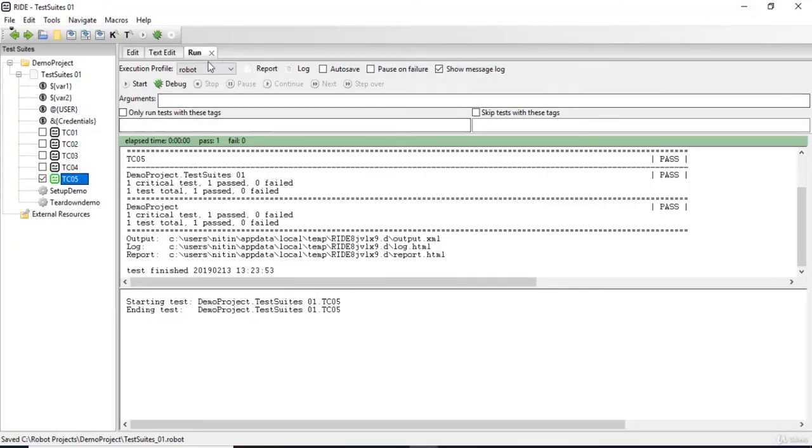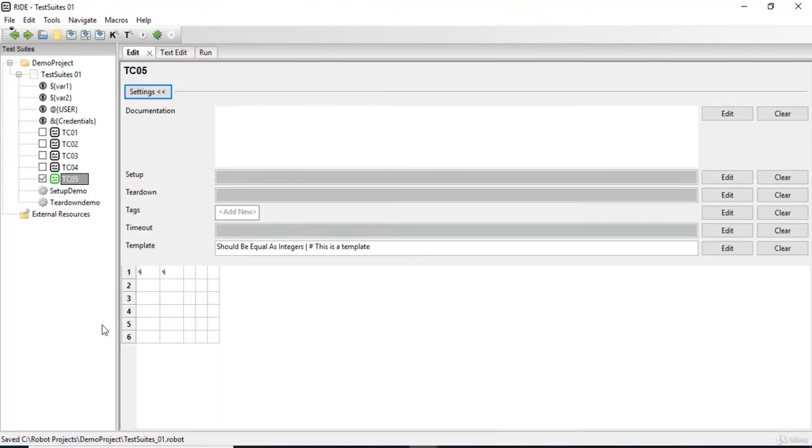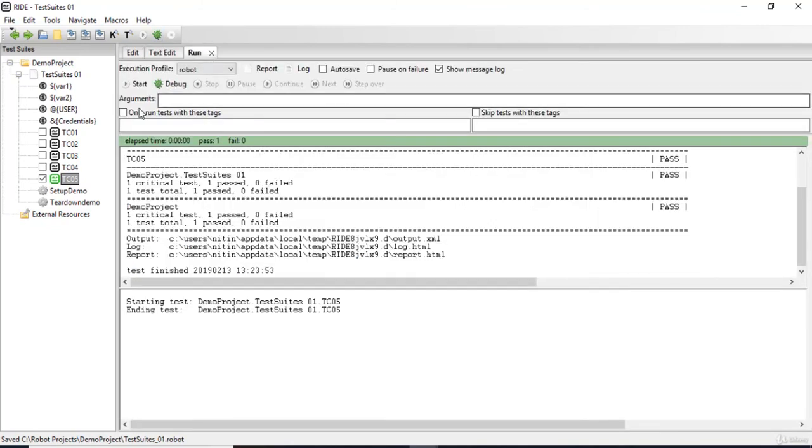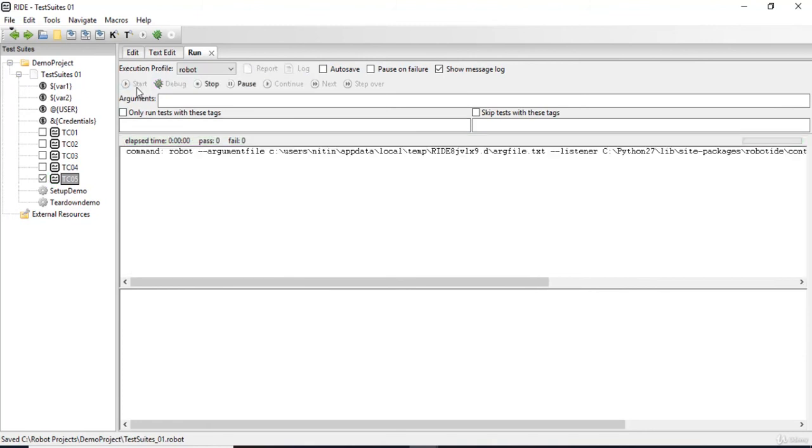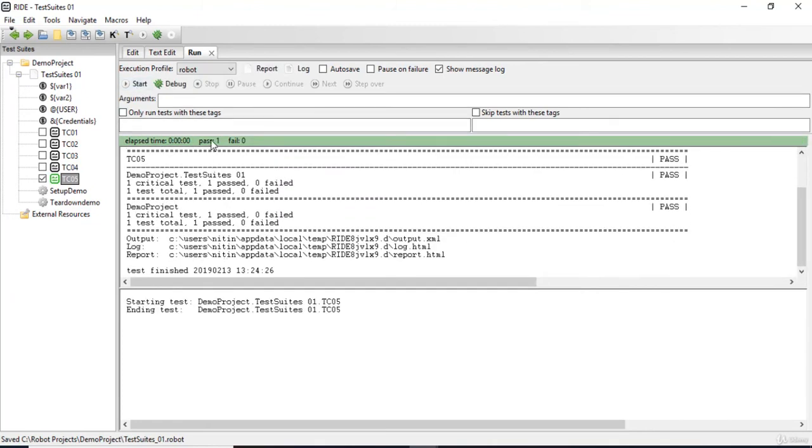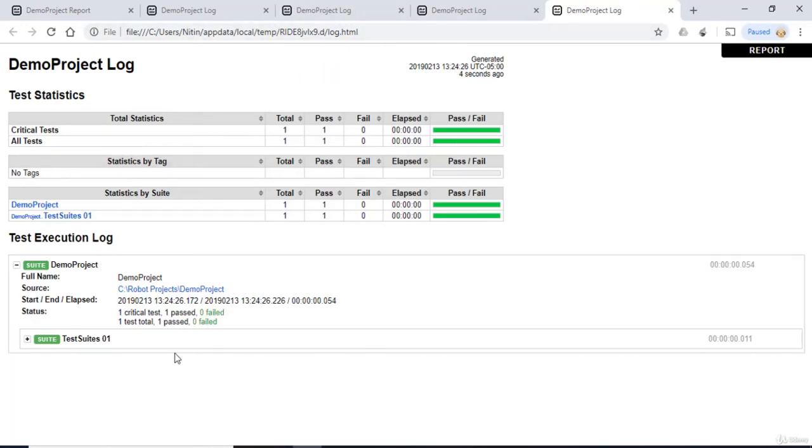Now let's say we want to do it for multiple arguments. So I'm going to go back to my edit. I'm going to say 6, 6, probably 8, 8, 12, 12. I'm going to save my test case, go back to run, and run it again. As you can see, the test case has passed. Now if I go to the log of this test case,